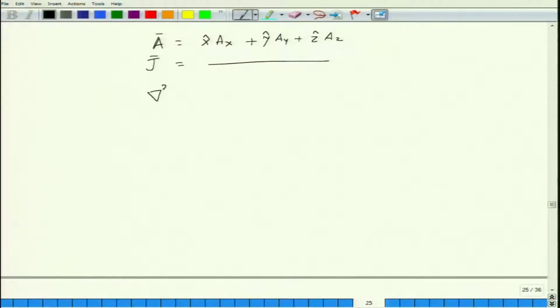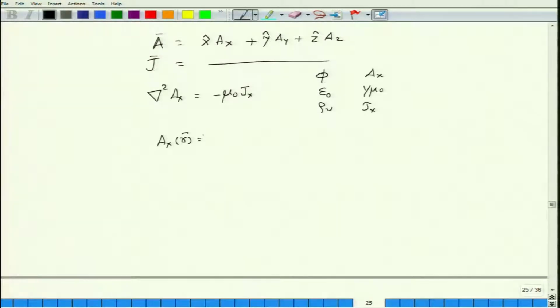And then when you go back and look at the Laplacian, luckily the Laplacian is a linear operator. So for a single component, maybe Ax, Ay or Az, you can actually decompose that vector equation into 3 scalar equations. So here you will have del square Ax equals minus mu naught Jx, and now instead of phi we have Ax, and instead of epsilon 0 we have 1 by mu naught, and instead of rho v we have Jx. So what should be the solution for Ax now? It's very easy to write.